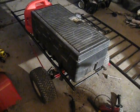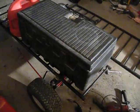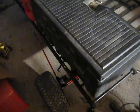So there she is. It's pretty much done. A lot of motorcycles going by, but it's pretty much done. I still have to take this tie rod off, and what ended up happening was I had to weld the end to it, the bolt, because it's so rusted in. So I still need to undo the tie rod, but this side and the other side is welded in, and there it is. Nothing's bolted down yet,